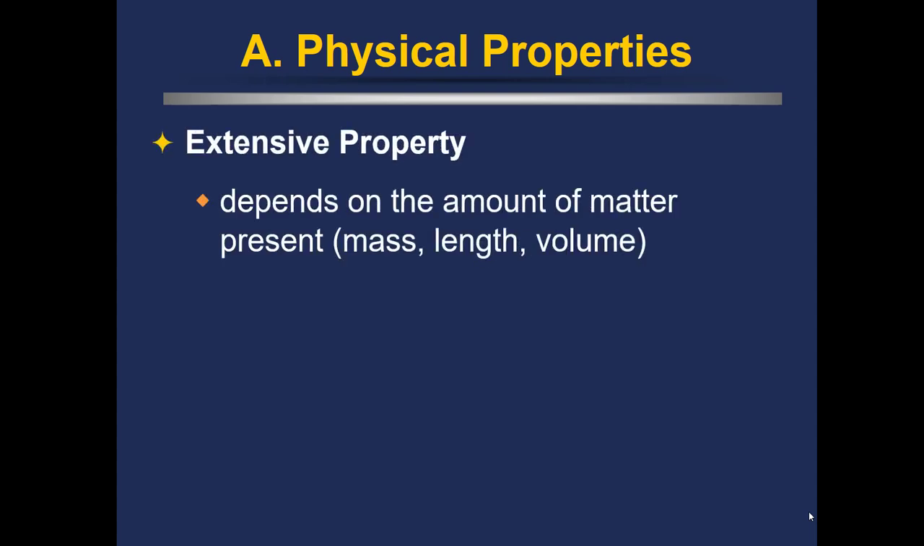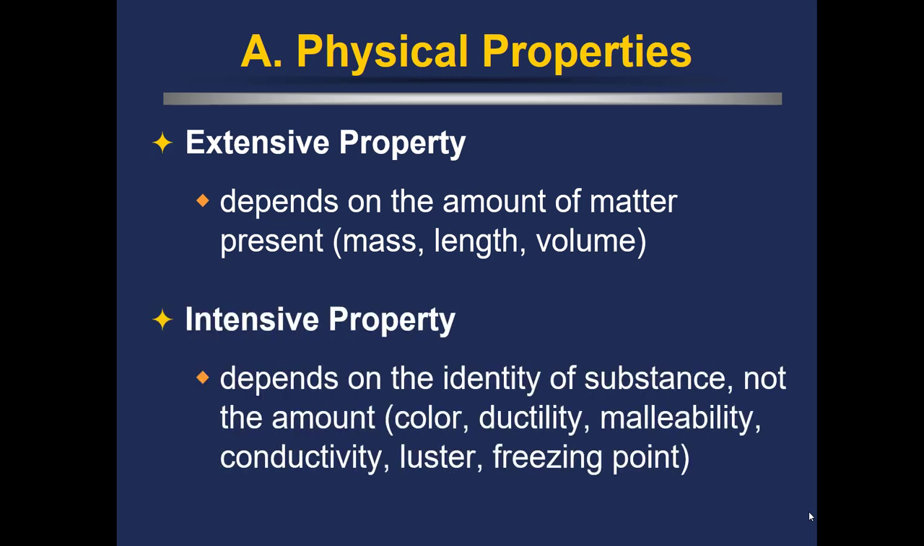First of all, extensive properties. These are physical properties that depend on the amount of matter present. So there's usually a number measurement, so mass, length, volume. Intensive property depends on the identity of the substance, not the amount. So these are things such as color,